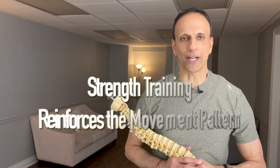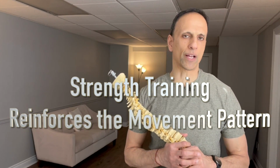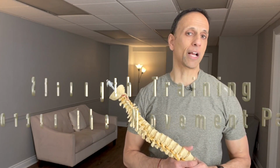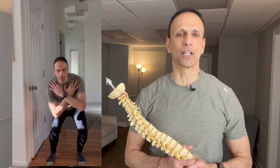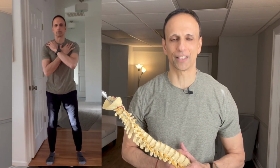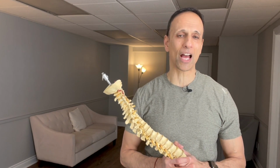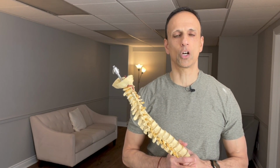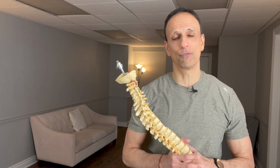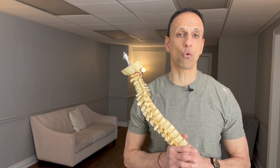When it comes to strength training, we really stress proper form. And the reason is because think about strength training as reinforcing that movement pattern into the body. So for example, let's say you are doing some squats and you have a habit of one knee collapsing in. If you are not really cognizant of that, what's going to happen is that knee collapsing in is going to be your regular pattern every time you squat. And over a long period of time, that could create some stress at the knee as well as at the medial part of the foot. So strength training is really critical, but we have to make sure we're doing it with proper form